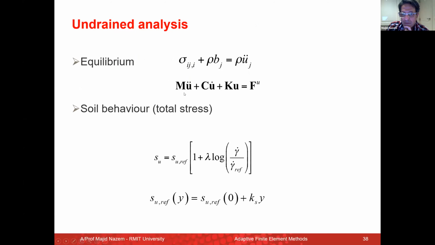In undrained analysis, we solve for the dynamic equilibrium equation. Soil behavior can be expressed by a Tresca material, and we should consider the increase in shear strength due to strain rate effects. One possible equation is this one, and lambda in this equation is called the rate parameter. We also need to consider the shear strength increase due to increase in depth, and usually we can assume a linear function for shear strength increase. Before doing torpedoes,